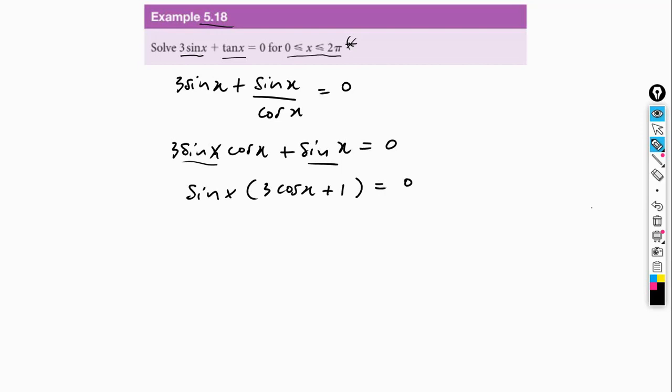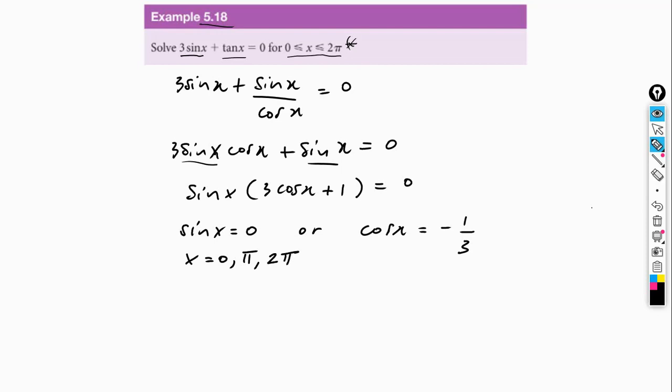Therefore, sine of x is equal to 0, or cosine of x is equal to negative 1/3. So here we know the solutions from the previous example. We know that x can equal 0, it can also equal pi, but then also 2 pi,